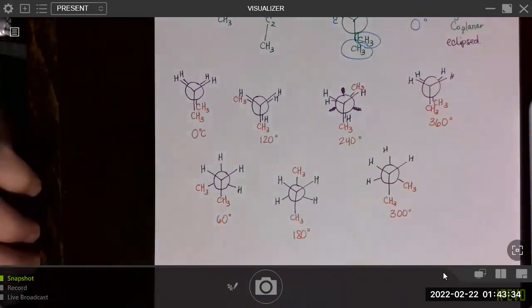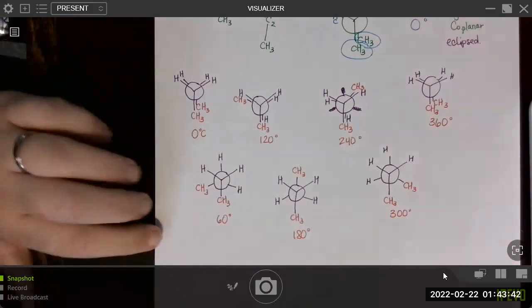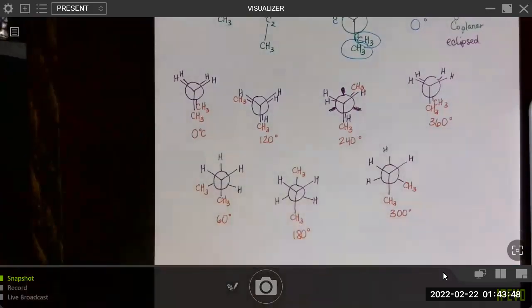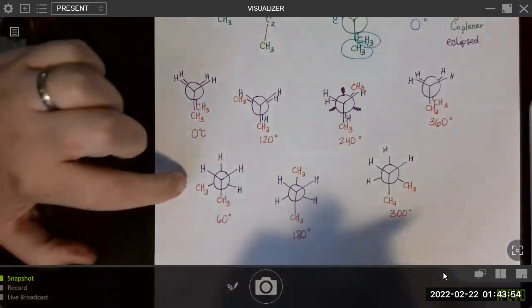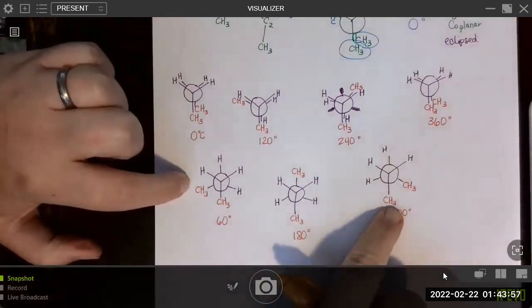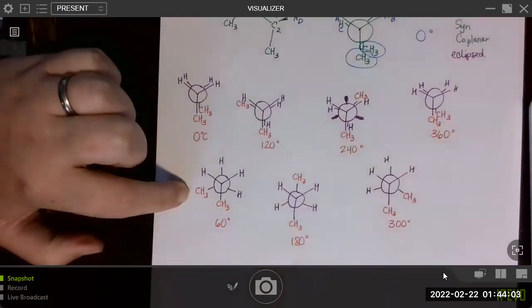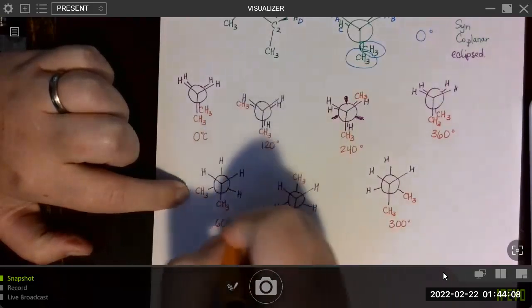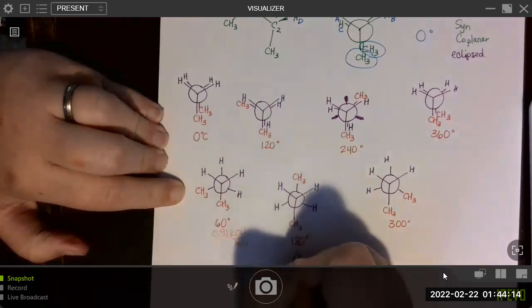Okay, and then let's think about the energy differences here, right? We have the lowest energy conformation here, so this will bottom out at 0 on our relative energy scale. And then the gauche conformations were 3.8 kilojoules per mole higher than the lowest energy anti conformation. And so that is going to be at about 0.91 kilocalories per mole.